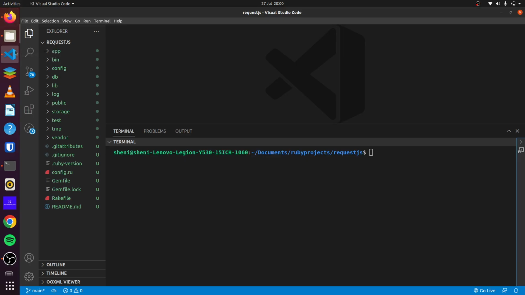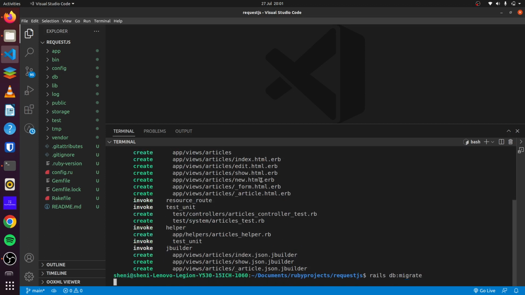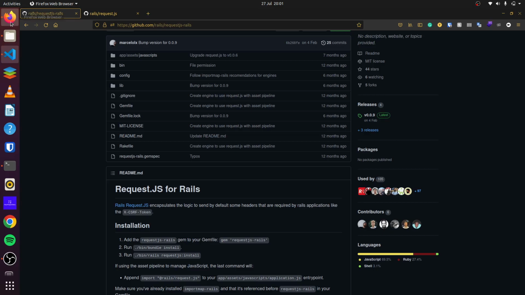To begin, we'll first create our blank Rails application, and I'll simply generate a scaffold. We'll just use article, and we'll say content and title. And then we can run Rails DB migrate. Now that we have done that, we can look at